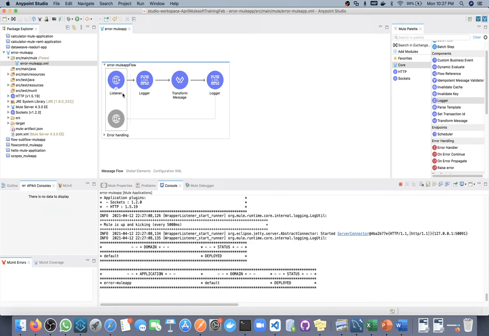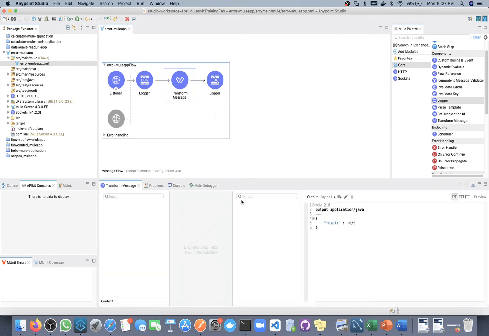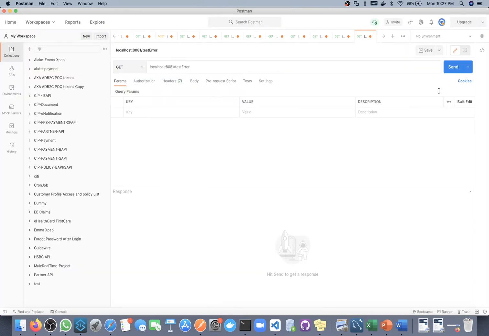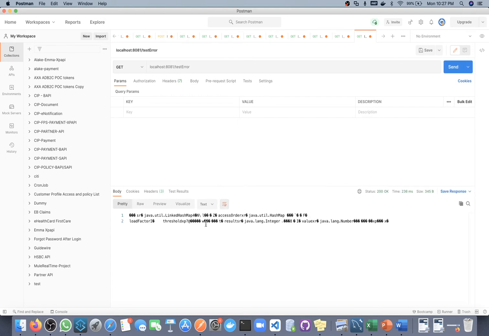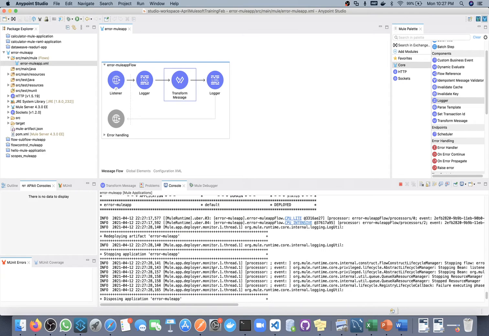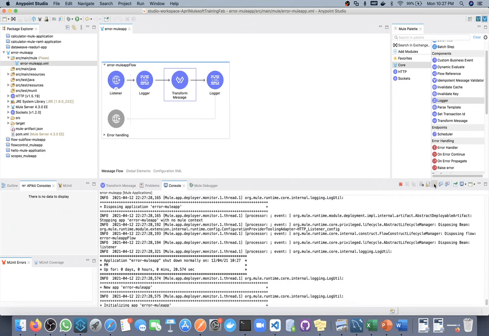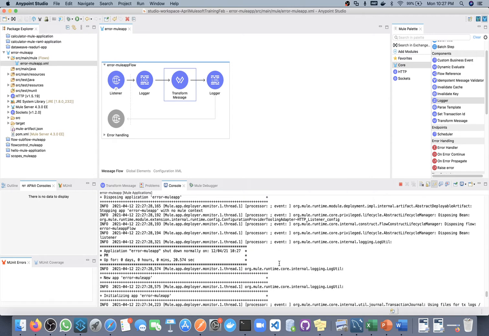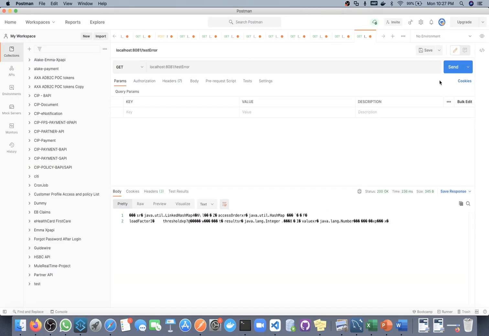Okay, deployment done. First we'll see whether we are getting this response or not. We are getting it in Java, so I will convert it to JSON. I saved this application, so automatic deployment will start. Deployment completed, and we are getting the result here.